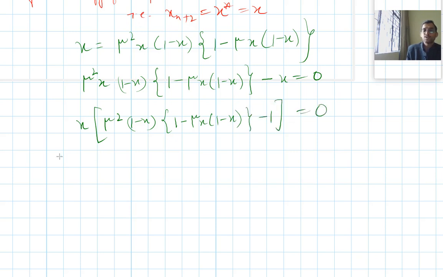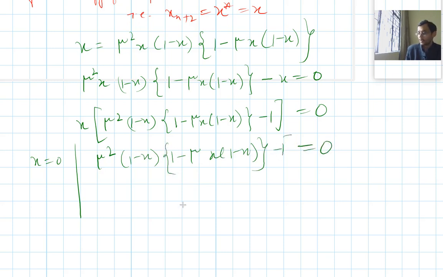This will be equal to 0, which implies that x is equal to 0, or the second part will be equal to this, 1 minus x 1 minus mu x 1 minus x, equal to 0. Now if we look at this equation, this part, this is a cubic equation,